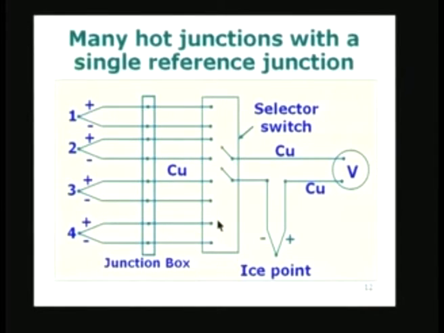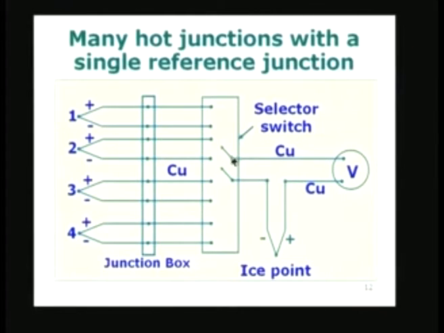Therefore, what I do is, when I want to take the readings of T1, T2, T3, T4, I will go through 1, 2, 3 all the different positions and note down the corresponding electromotive force indicated by the voltmeter. One cycle will mean I go from 1 to 2, 2 to 3, 3 to 4, note down 4 readings, and again I am ready to start this if the temperature is varying with respect to time. Therefore, here we use a selector switch which is a rotary switch, most of the time made with gold contacts, so that the contact is very good.